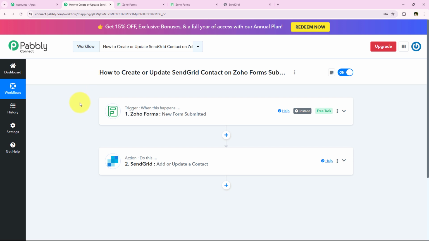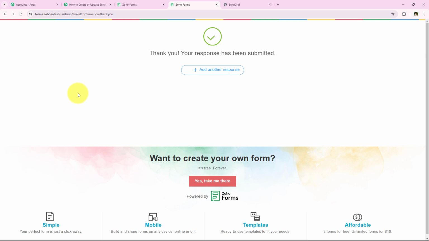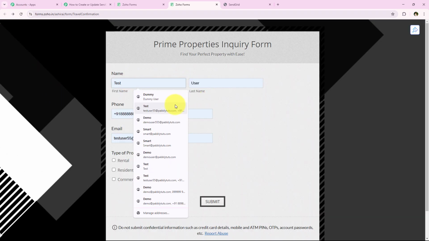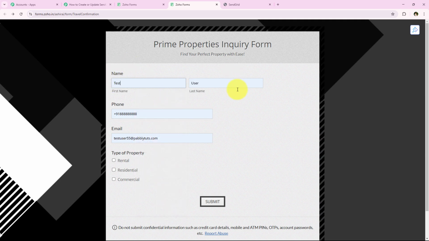But I'll just test this workflow once, and this time I'm going to give you a real-time example. So I'm just going to open my Zoho Forms once again, and we're going to do another test submission, but this time with the new details. Alright, so let's say that for the first name, I'm just going to keep it as test, last name as user, phone number as this, and now for the email, I'm just going to keep it as